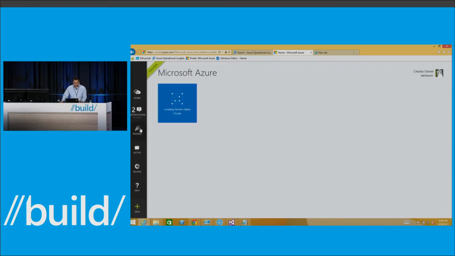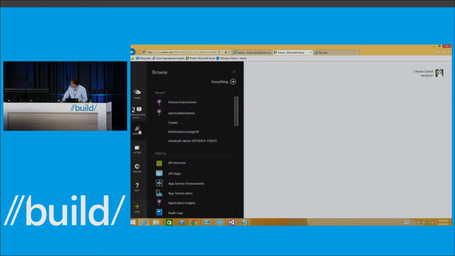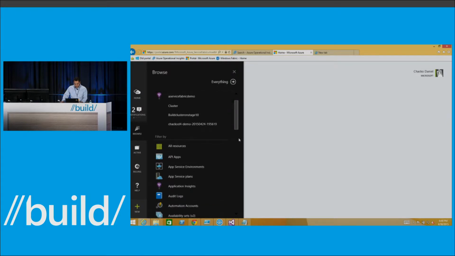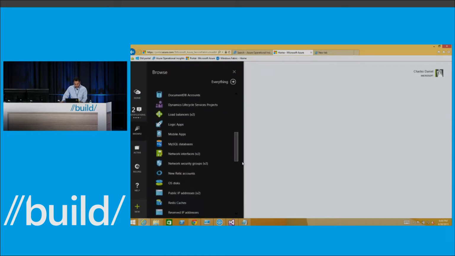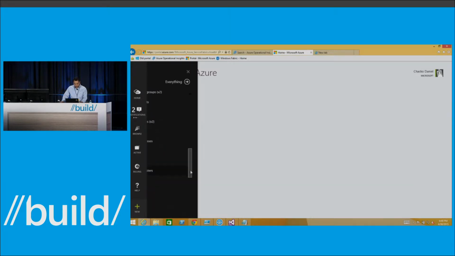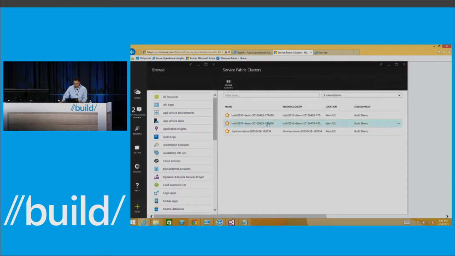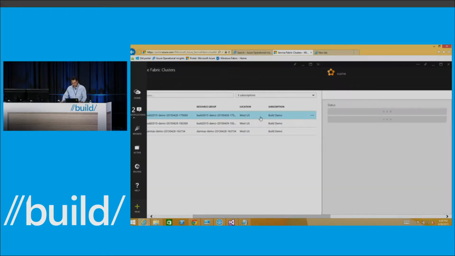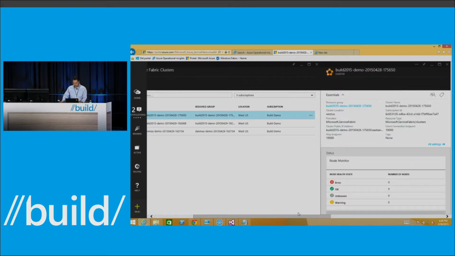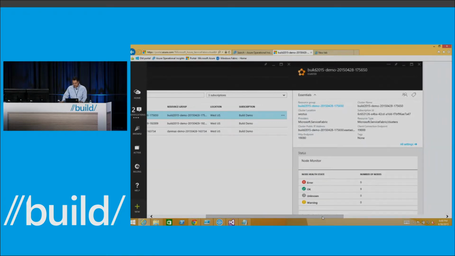So it's created. Since it's going to take like 5-10 minutes, I'm just going to go and take a cluster which I already have. So, Service Fabric clusters. Okay, let me take this one. This is the cluster which I'm going to use for our demos today. So if you look at it,